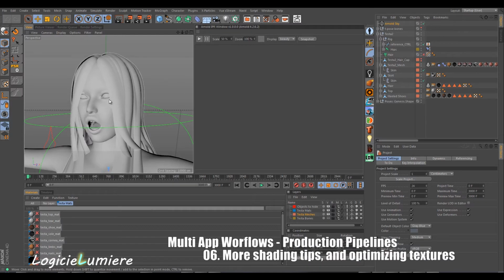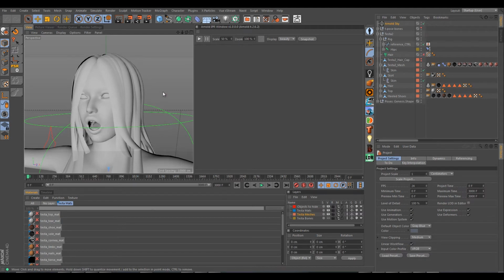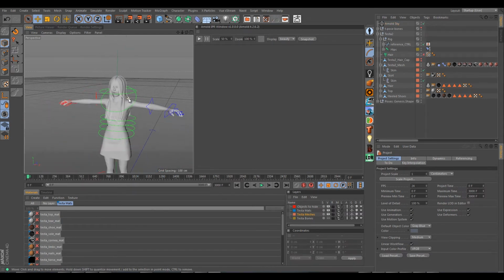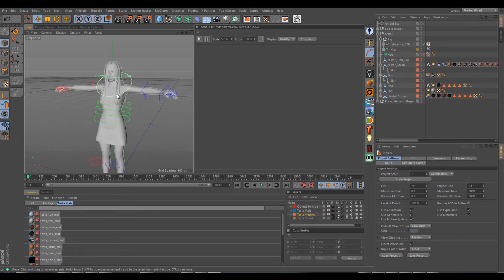So I showed you how to use Arnold's UDIM token to texture the hair in a much easier way with the multi-tile workflow. That's very great for using Mari or Mudbox or a different painting app that allows you to do multi-tile painting. So in this one, what we're going to do is go over a little